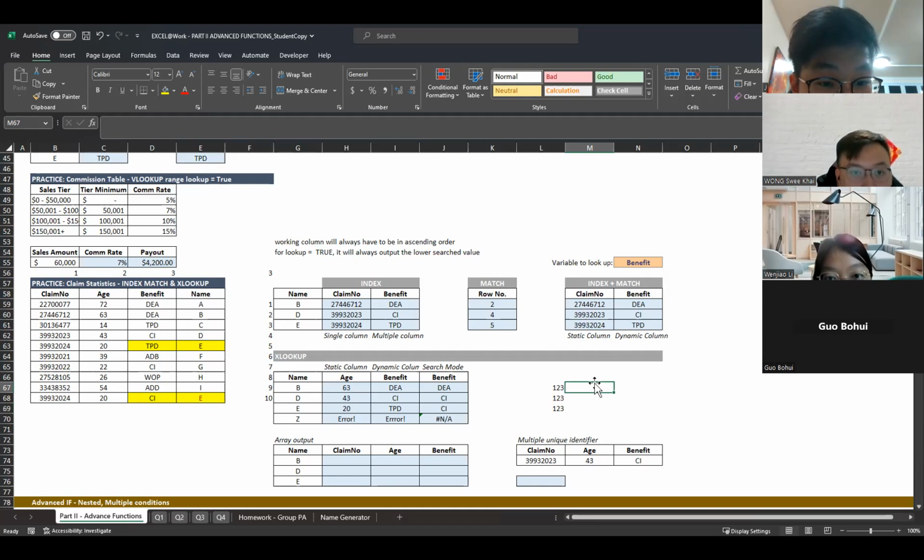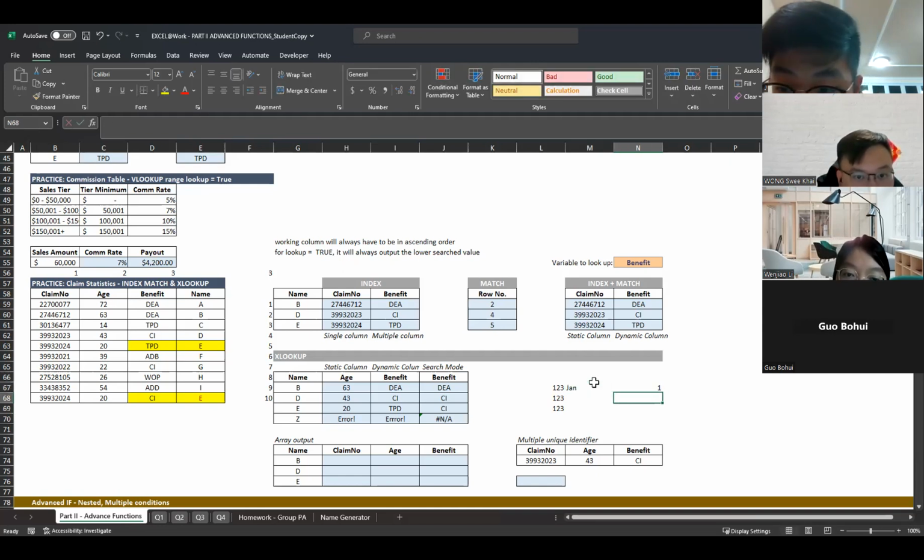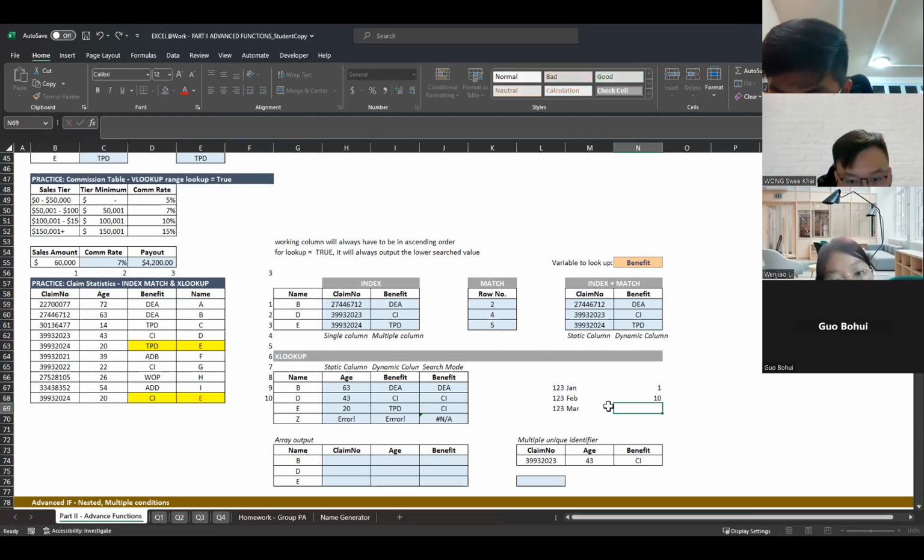So let's say in January I paid $1 to the insured. And then in February, I paid a total of $10 now, including that $1. So now I've paid a total of $10 to this particular insured. And then in March, I finally pay everything off. I paid $100. After investigation and everything, I realized that paying $100 is enough to close the claim already.